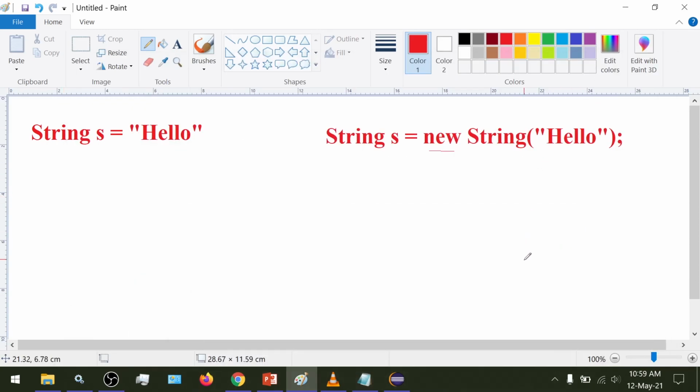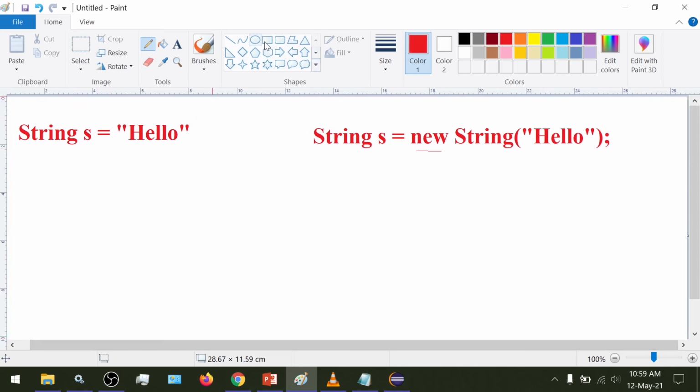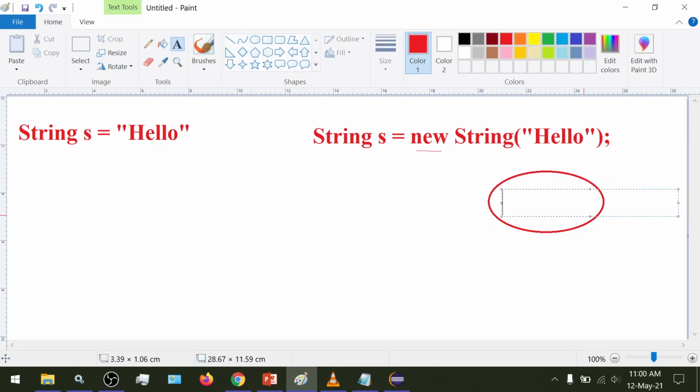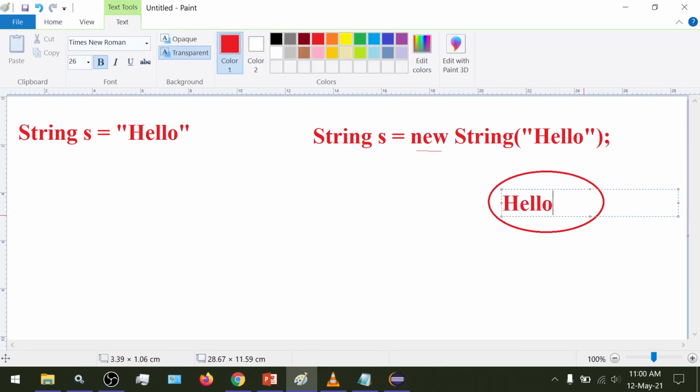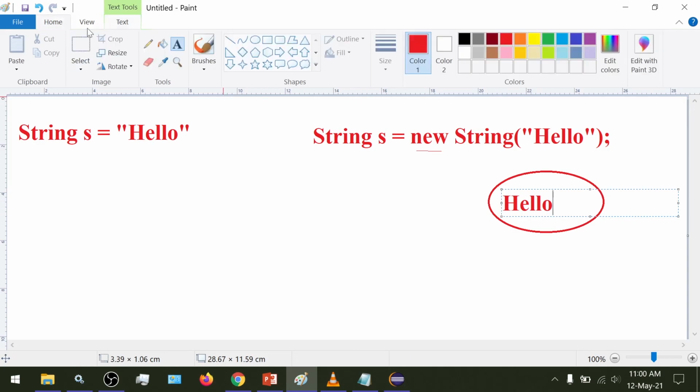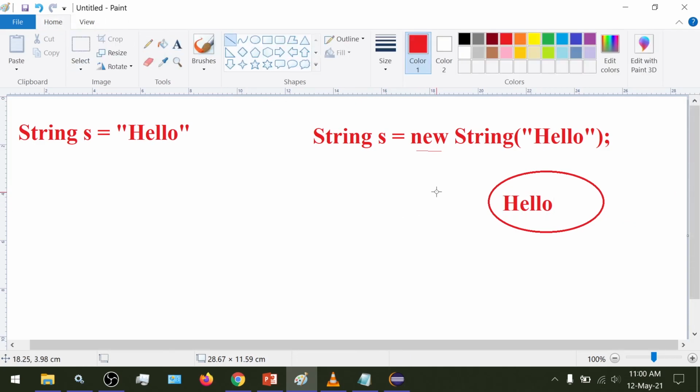Just now, as I explained, all of our objects created by a program are stored inside the heap memory. So whenever we use the new keyword for declaring, an object will be created inside the heap memory, Hello, and we would have the reference variable.